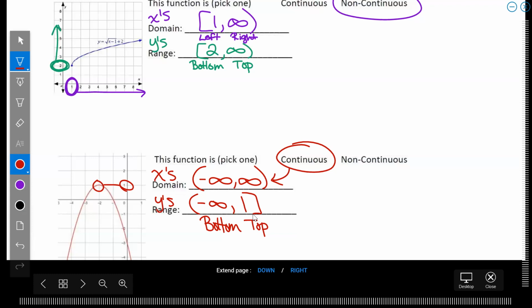Give me just one moment, Julian. I'm going to your